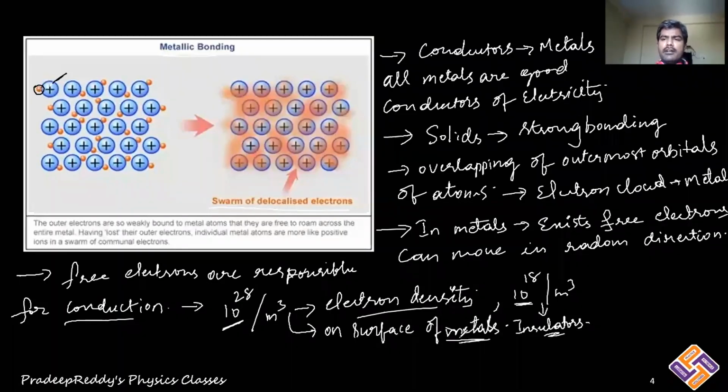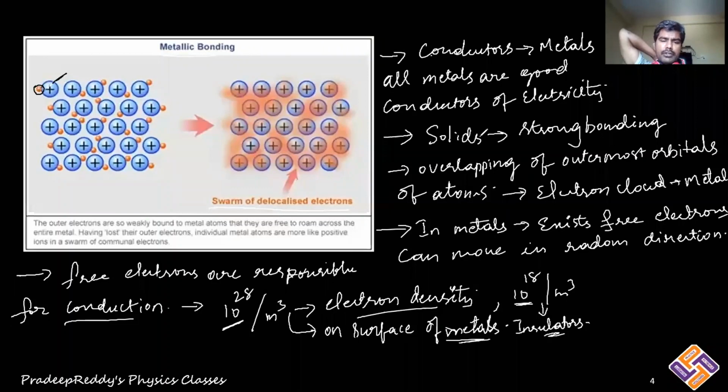Generally, this electron cloud will be formed on the surface. Therefore, free charges are able to be accommodated only on the surface of the given conductor. So that is how we can classify metals and non-metals, or conductors and non-conductors, by motion of electric charge in